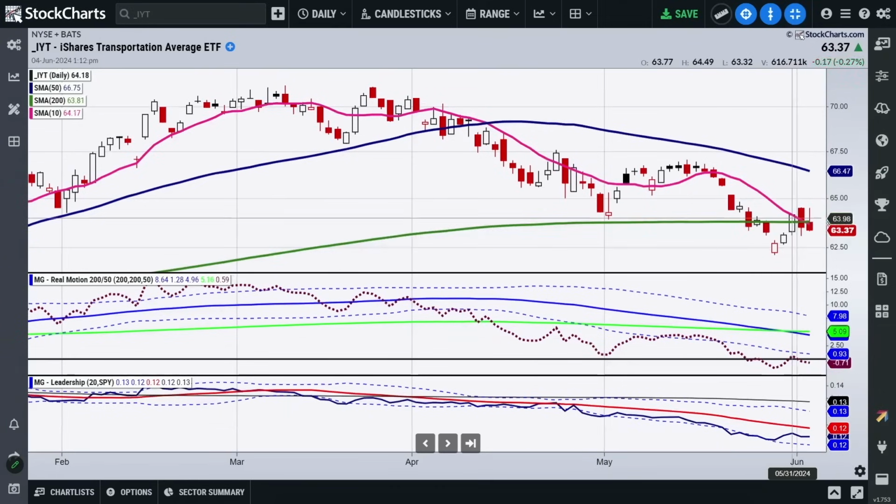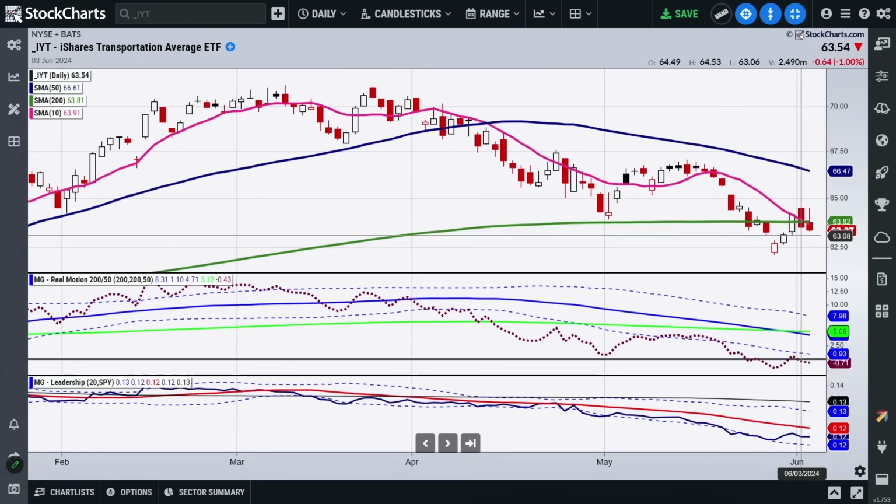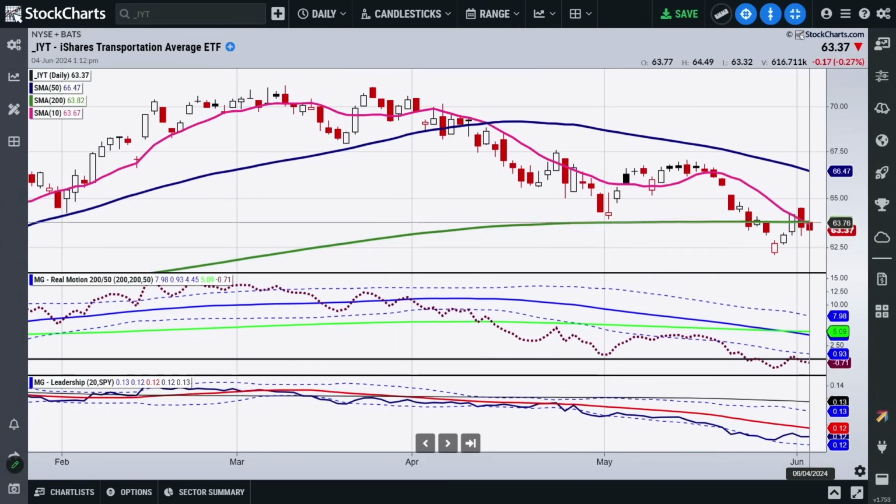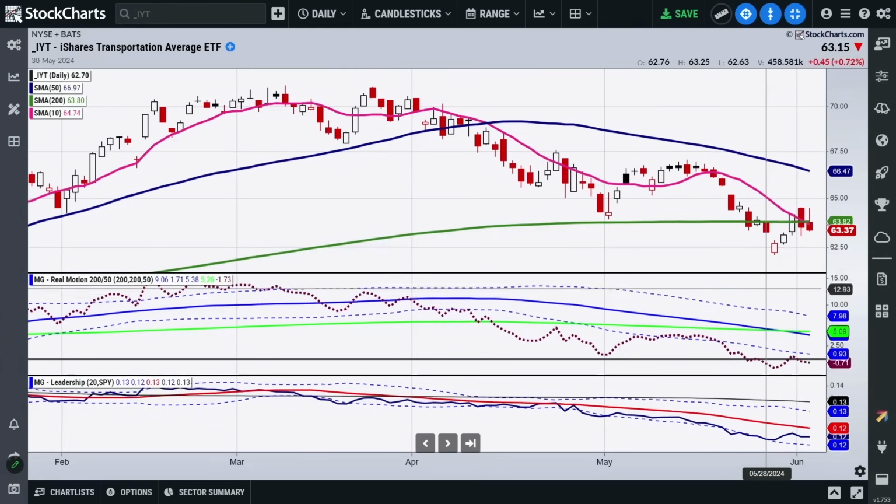So that kind of supports what I just said about the Russell 2000, is that it doesn't look great, but it doesn't necessarily look all that horrible yet, because with an inside day, it's very possible that we could see this bounce right back over, let's say 64 tomorrow, and continue on up. I would say different ball game completely if we can get through 65 and then obviously the 50-day moving average. But if not, we break down under these lows, I think that pretty much tells you that the summer rally many were anticipating may not be happening.